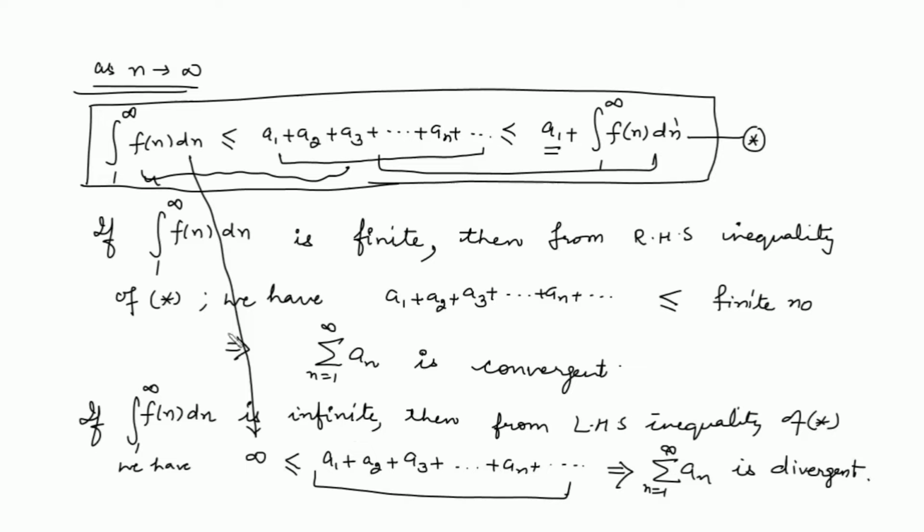right? So this completes the proof of the theorem: whenever the value of the integral is finite, the sum of the series is less than this number, which implies the series is convergent. And if the value of the integral is infinite, the sum of this series is greater than or equal to some infinite number, which implies this series is also divergent. So by the integral test, the series and the integral both behave alike. So this completes the proof of the Cauchy integral test.